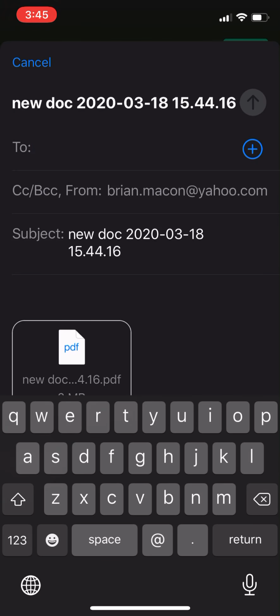And then I'm going to go onto my desktop computer, my laptop. I'm going to download the PDF, and then I'm going to go into Canvas and submit, or whatever other manner I would be utilizing this PDF for.